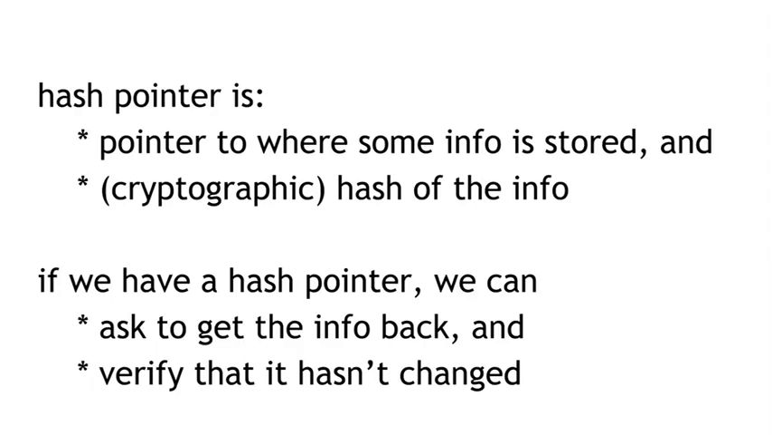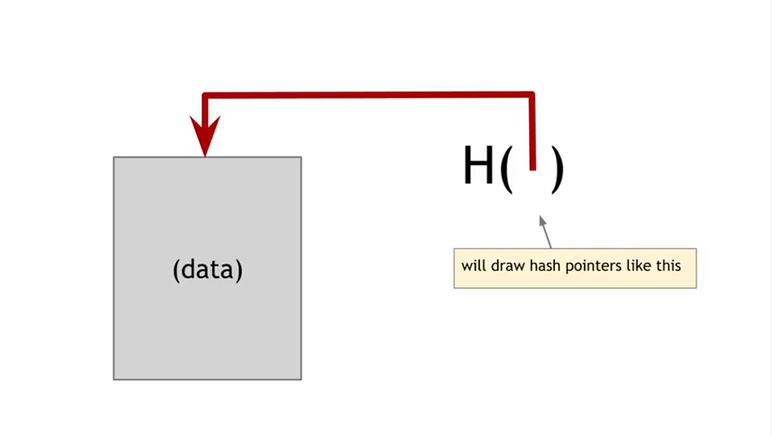let us ask to get the information back. And it's also going to let us verify that the information hasn't changed. So a hash pointer tells us where something is and what its value was. Okay, and we're going to draw a hash pointer in diagrams like this. That we're going to have h of and then an arrow that points to something. So anything drawn like this, think of it as being a hash pointer to this thing. It's a pointer to where it's stored, and it's also the hash of the value that this data had when